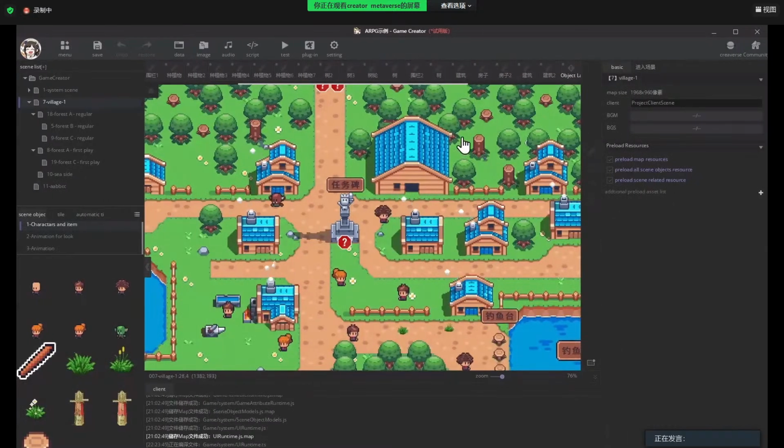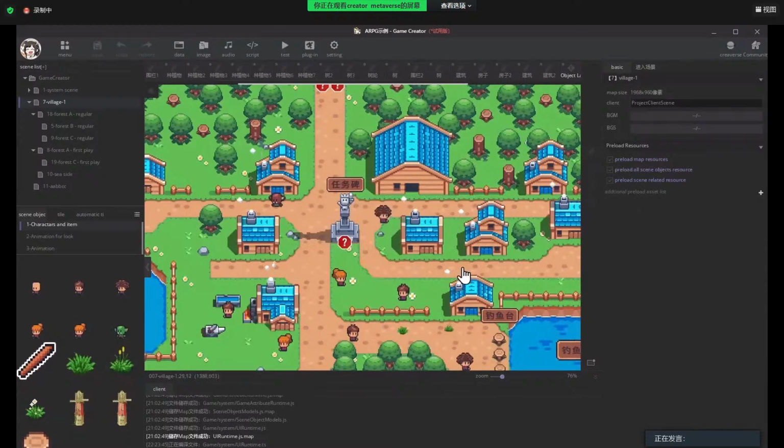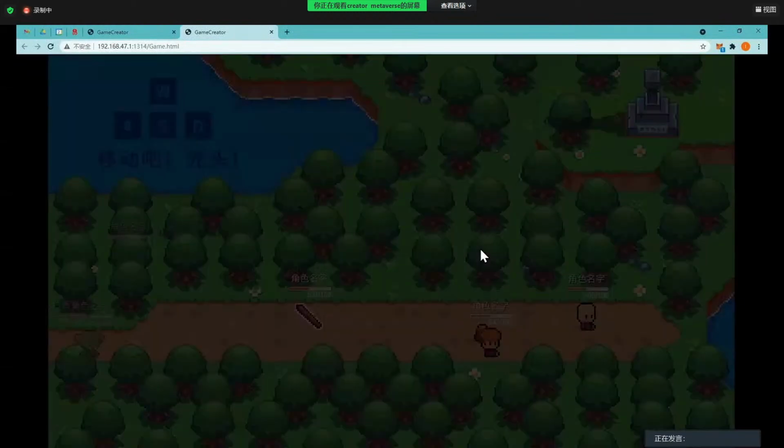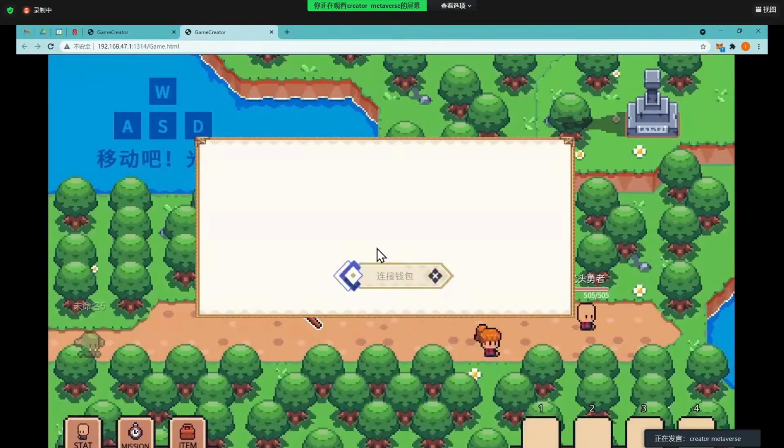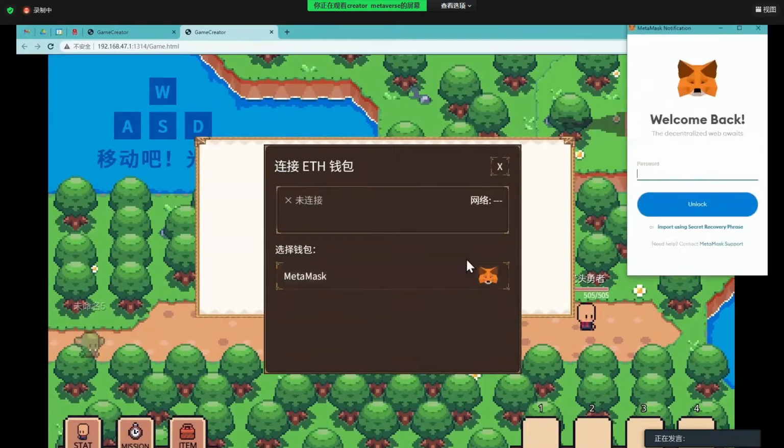All right. Now I'm going to show you the blockchain version of this ARPG game. Let's run this game. So firstly, it will ask me to connect to my wallet. Let's click this button. It asks me to choose my ETH wallet, and here's my wallet.